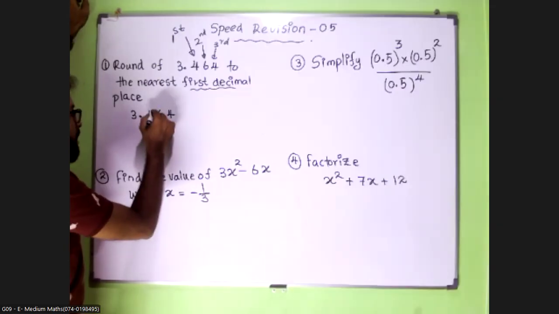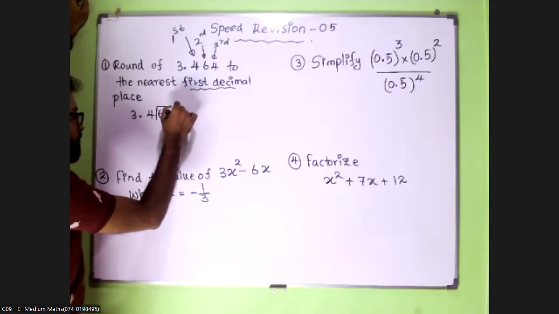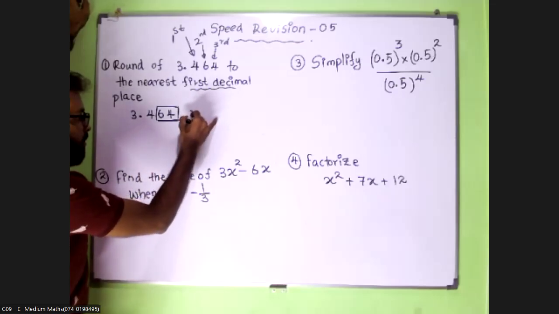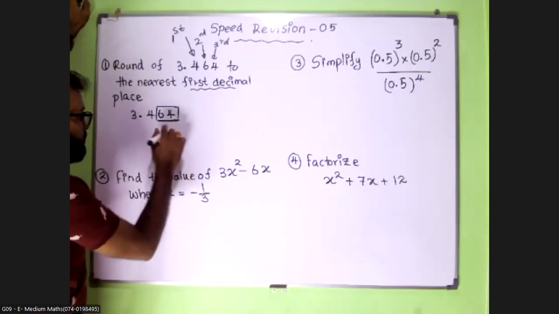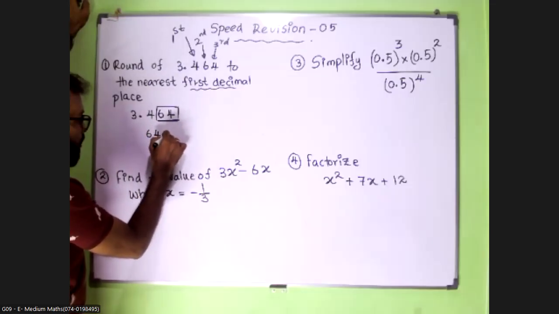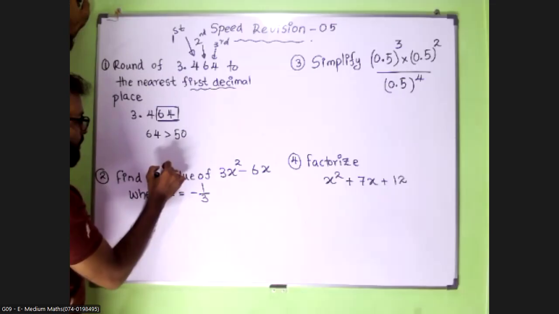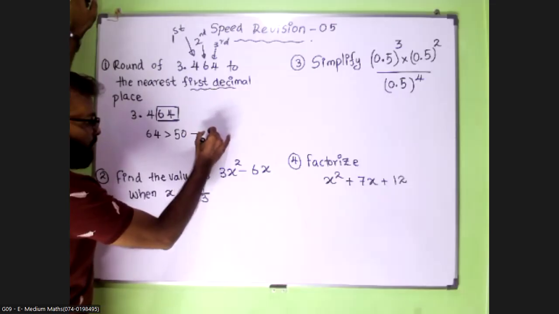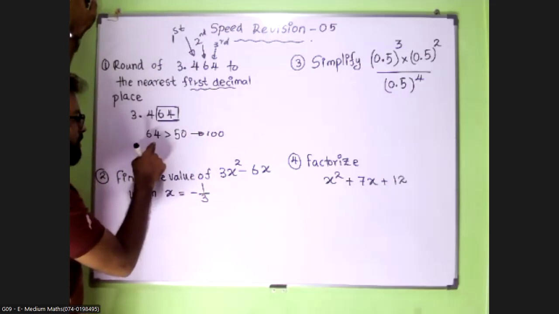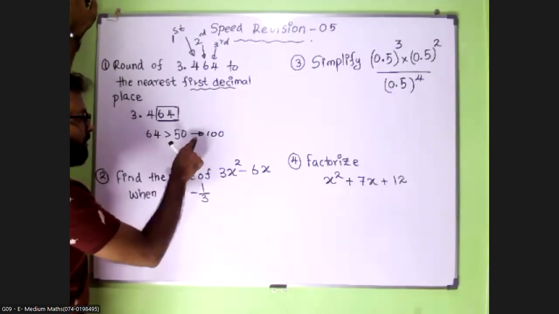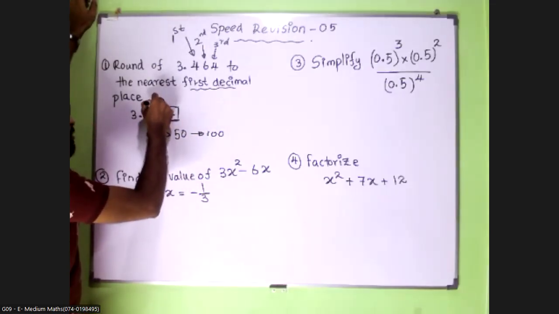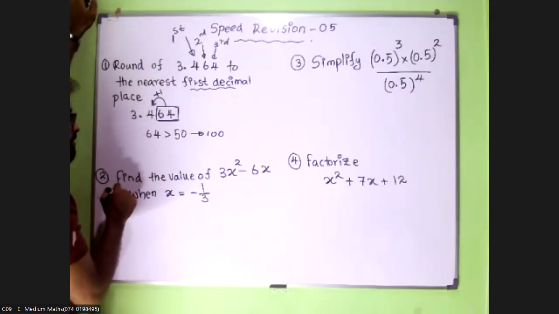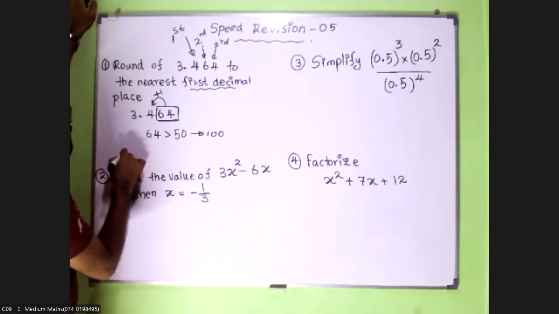You care about the last two decimal places. 64. So this is 64. It is greater than 50, so 64 is nearest to the 100. That means you have to add 1 to this place. So your answer will be